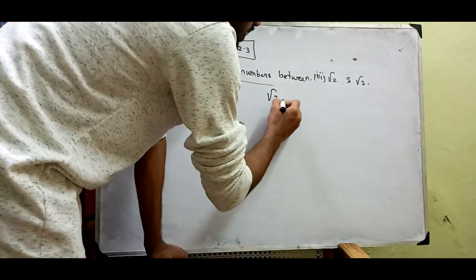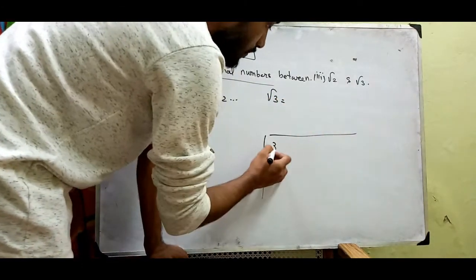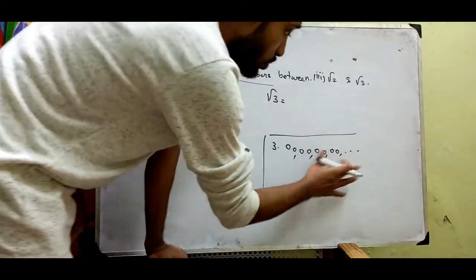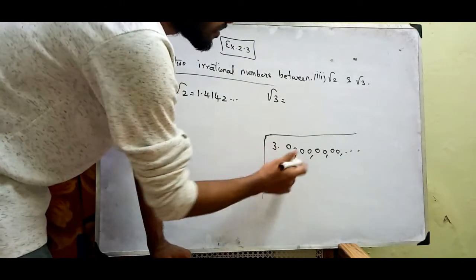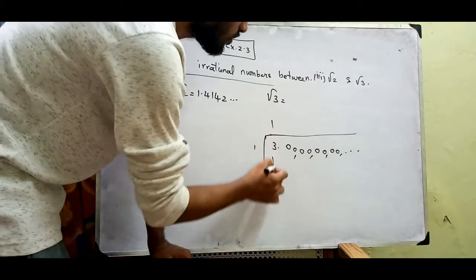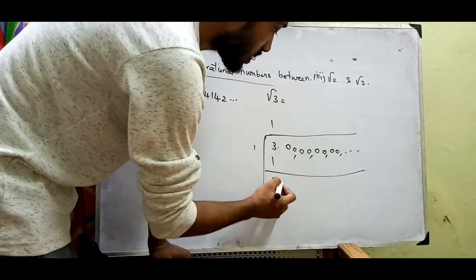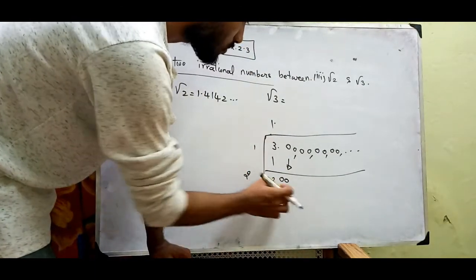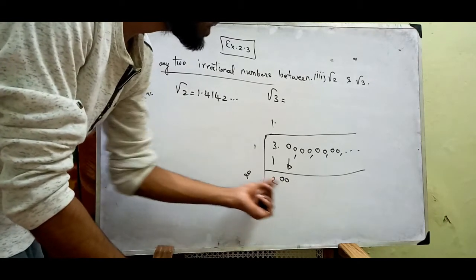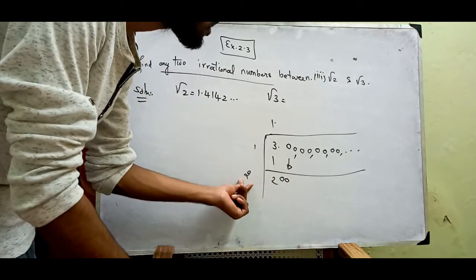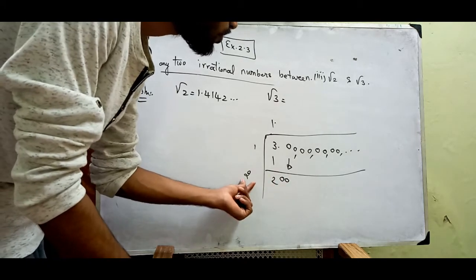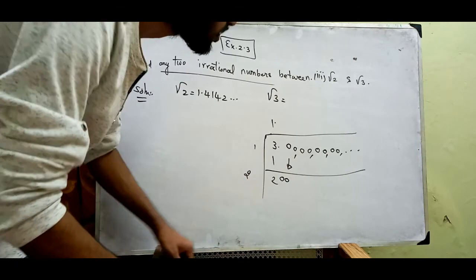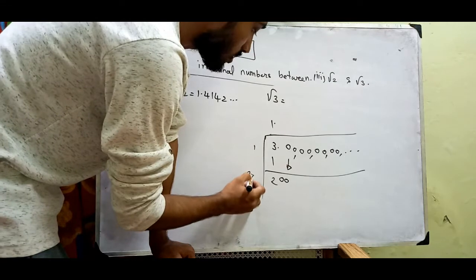Okay, so root 3 also in the same manner you are going to find. See, 3.00000000 and so on. Make 220, has a part. Okay, so 1 times 1, so remainder is 2. 20 will come up, point should lie here, 2 zeros, 1 plus 1 is 2, then 2 9s are 18, in fact 2 10s are 20, but we cannot take that because it exceeds beyond 200. Okay, so 2 9 times 18, still we can't take. 2 8 times 16, we still can't. 2 7, I think 7 7.